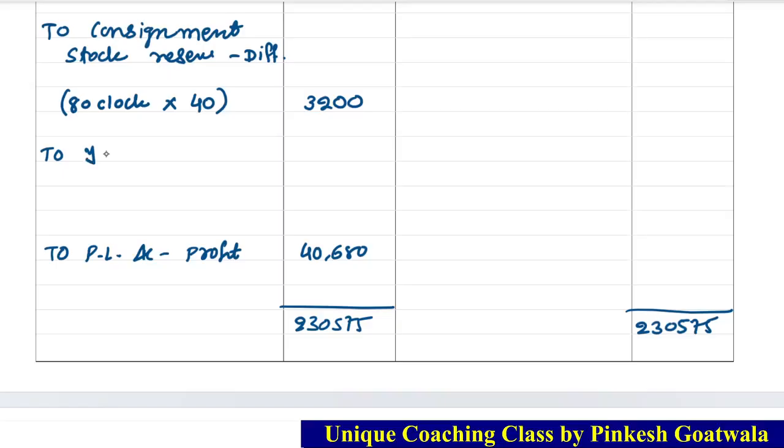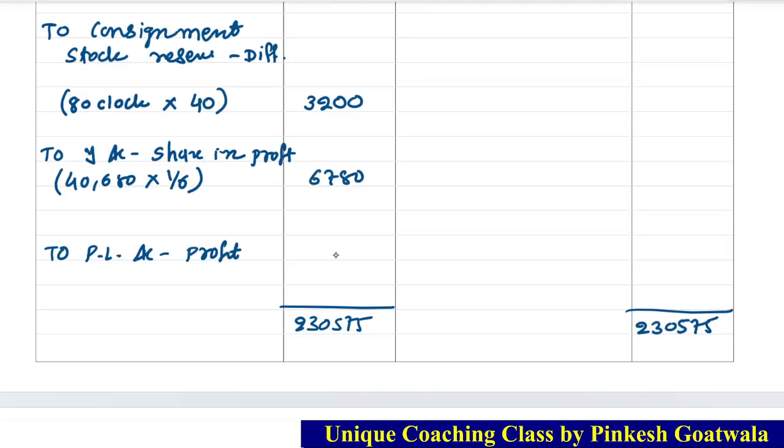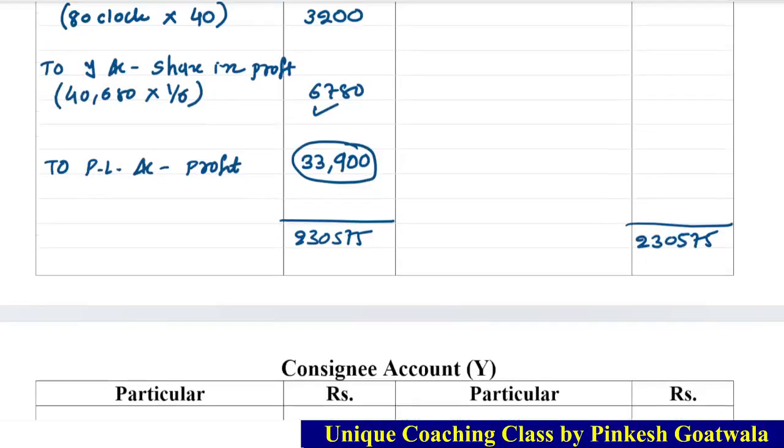So here Y share in profit. Okay, so 40,680 into 1/6. Okay, share માં profit આપવાનો છે. So divide by 6. So 6780, it is a profit in share. So the final amount, the net profit will become 33,900. Clear? So this is our final answer,